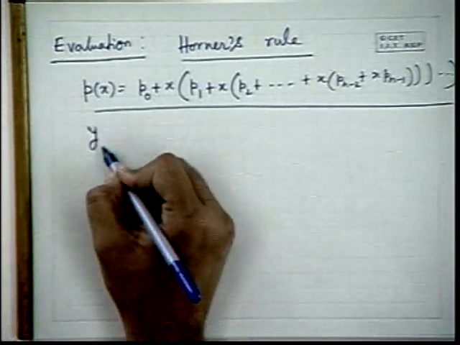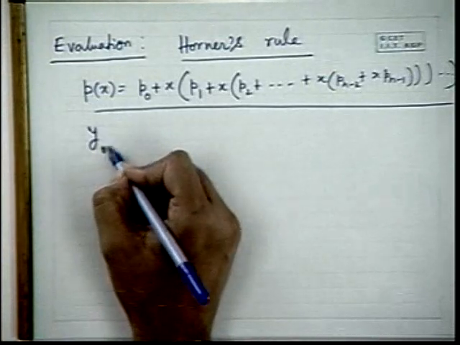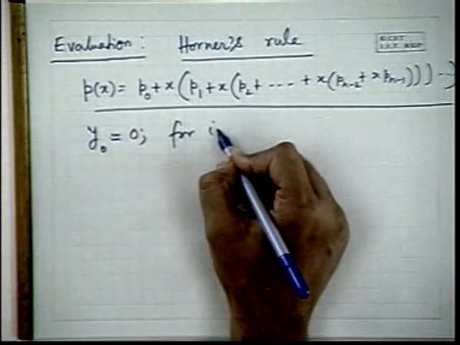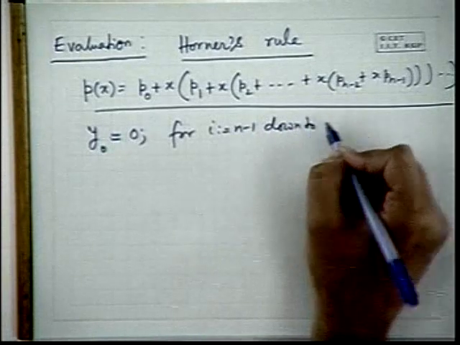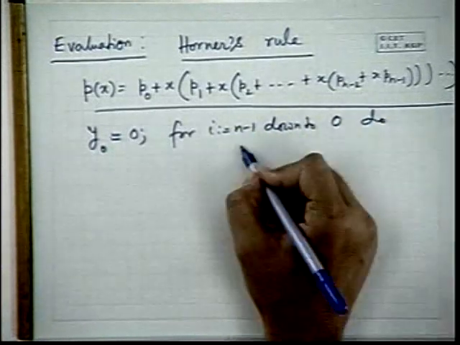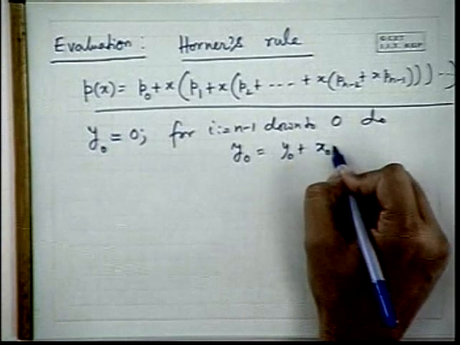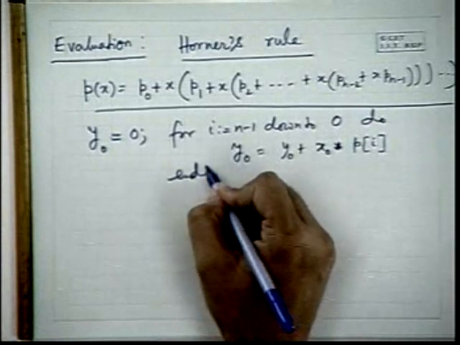So what is the algorithm? Suppose you want to evaluate this polynomial at x equal to x0. Initially y0 is 0. It's a one-line code. For i going from n minus 1 down to 0, do y0 equals y0 plus x0 times p of i. So that is the entire algorithm